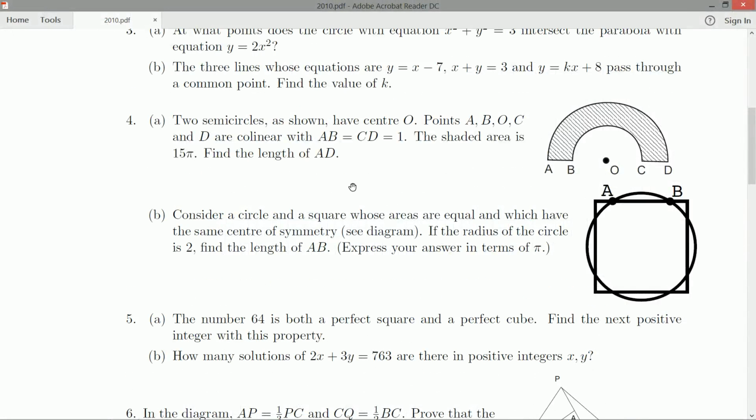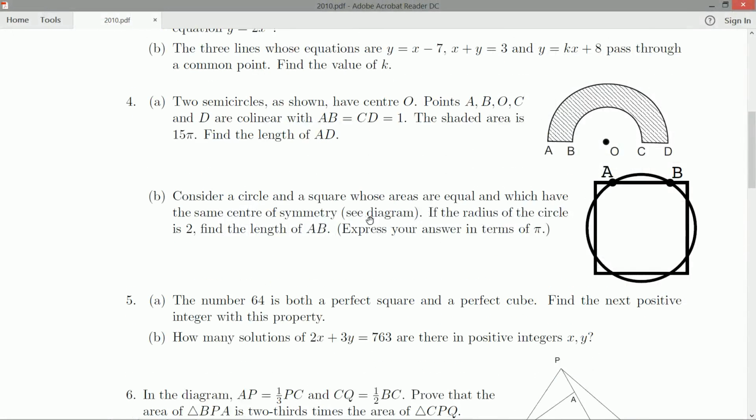All right, so that wraps up question number 4. I really liked that second question. I think that's nifty. I wonder what you could do if you had a regular pentagon or a regular hexagon. Whenever I finish a really good question, I like to occasionally just sort of say, well, what if I changed this aspect? What if we changed the square to a pentagon or hexagon or just a regular old n-gon, and let A and B be intersection points of the circle and that regular n-gon that are close? I wonder if there's a general formula for that. Oh well. If you want to try that question and find a good answer for me, by all means, leave a comment